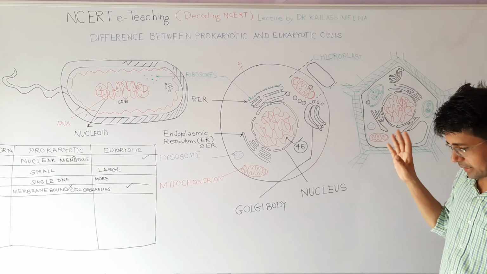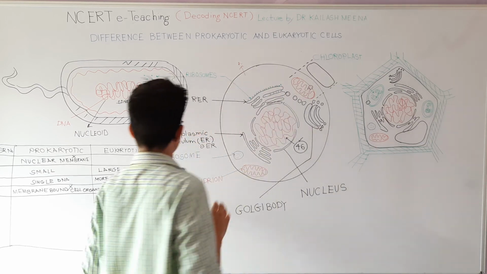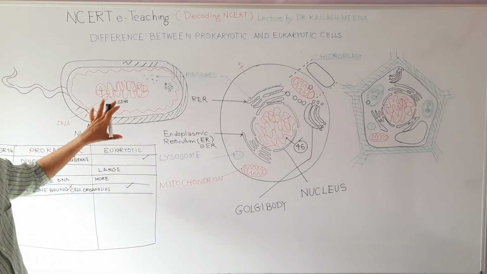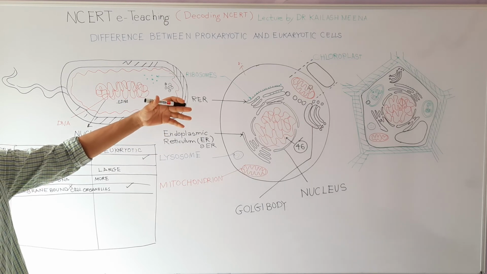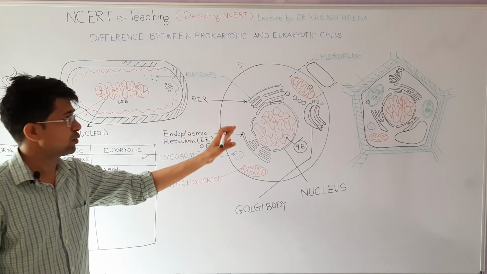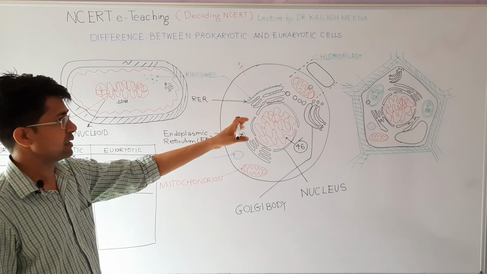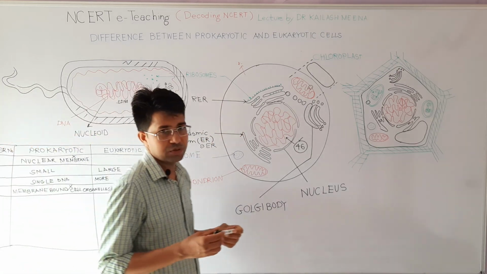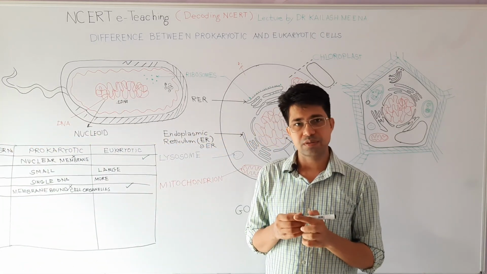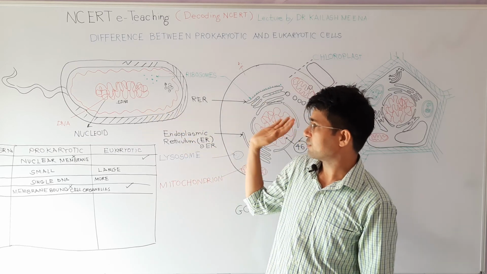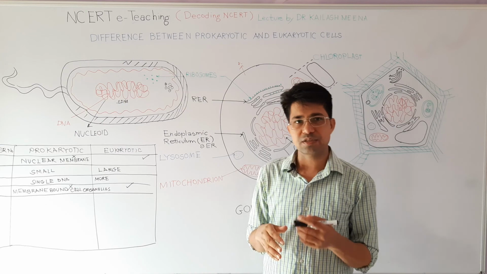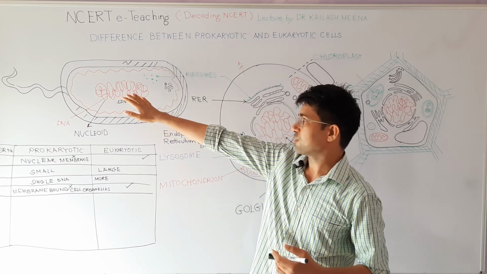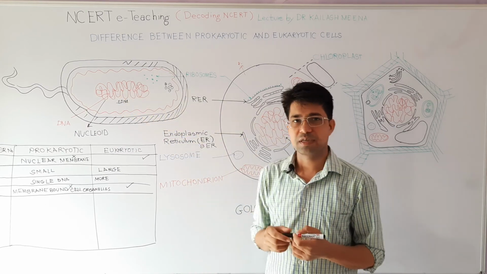But here I made a diagram. So in this lecture you can notice the difference between prokaryotic cell and eukaryotic cell, and if you are able to observe, you will also notice some differences between plant cell and animal cell. So here I will end my lecture. You can point out other differences also, and I hope I made clear some points between prokaryotic cells and eukaryotic cells. Thank you for watching.